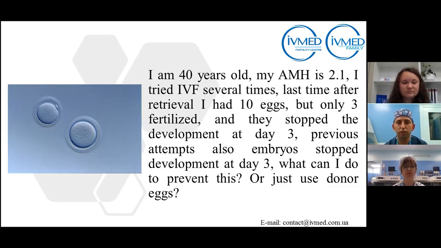There are, of course, different factors affecting this. Firstly, we are not able to talk about the genetic potential of the oocyte and sperm separately, and plus also the embryos. This can be one of the factors. Some kind of genetic translocation or anomaly can create such a situation. Second, of course, laboratory conditions and culture media conditions can affect the situation. And of course, for such a case, it is always better to use time-lapse technology because we will be more able to understand exactly the reason for the developmental stop and at which stage